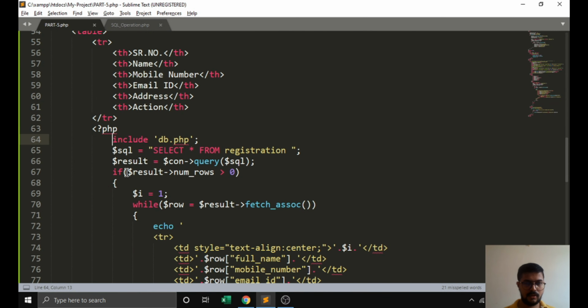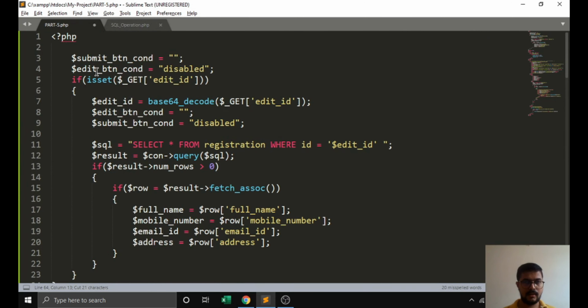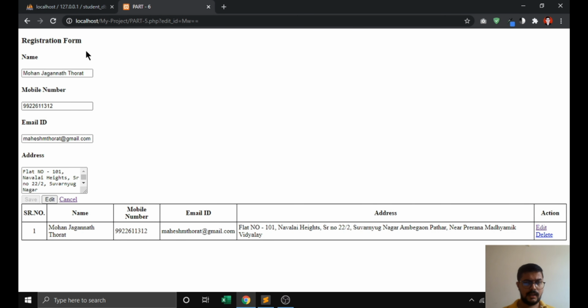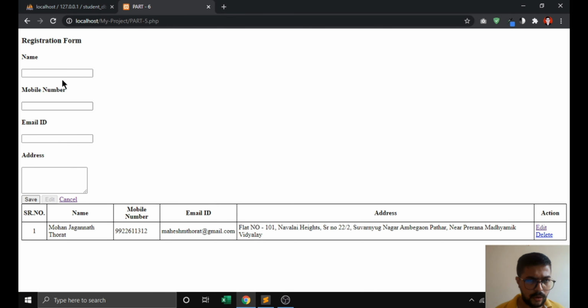We have to include this db file over here at the top of the page, and we are getting this data over here. We can insert one more record to verify whether it is working or not.